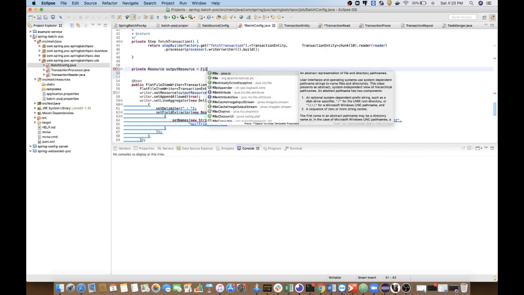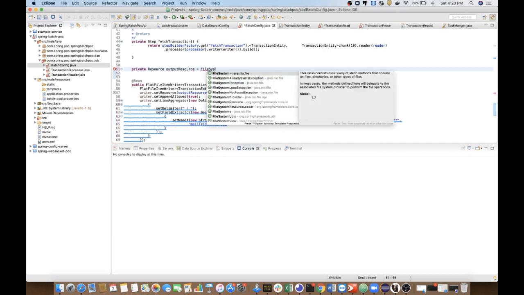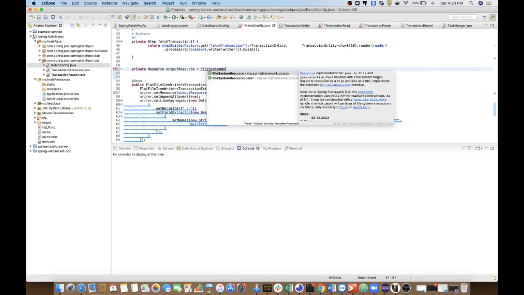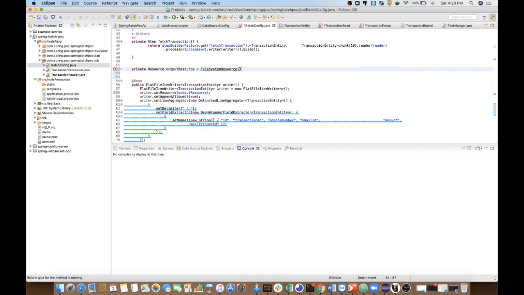We are using a file system resource here. We provide the object of file system resource, and we need to give the file path for that. So this is the file transaction1.csv.